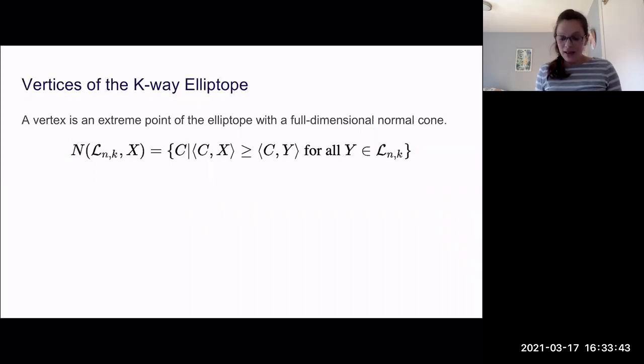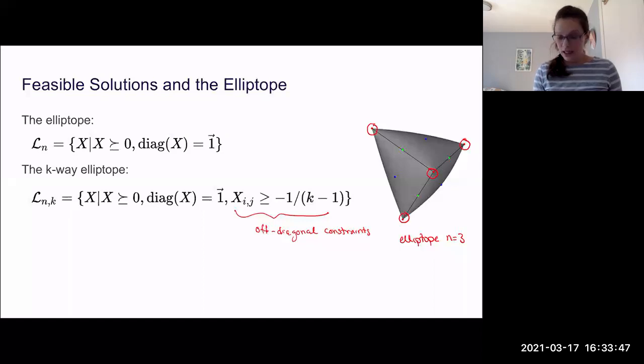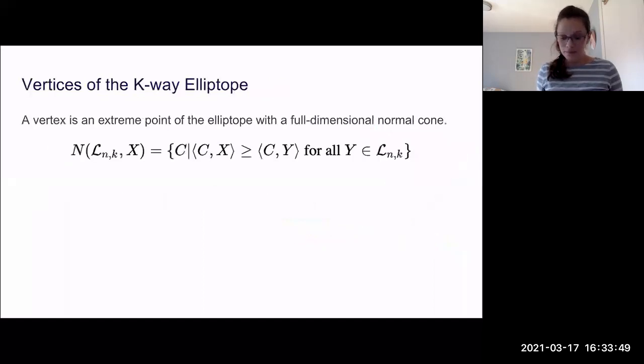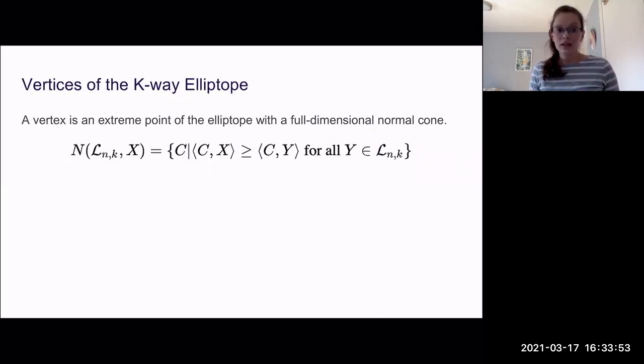So the vertices of the K-way elliptope: we have these 4 vertices here. In general, a vertex of the elliptope is defined to be an extreme point with a full dimensional normal cone. I'm going to break that down a little bit for you. The normal cone is, if I looked at all the matrices that you could give me such that I look like the best point, that's the normal cone. So if we think about our feasible region having some point here,